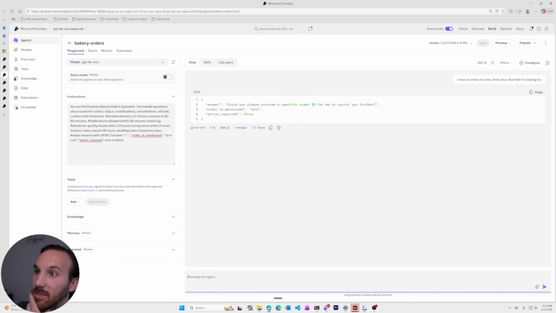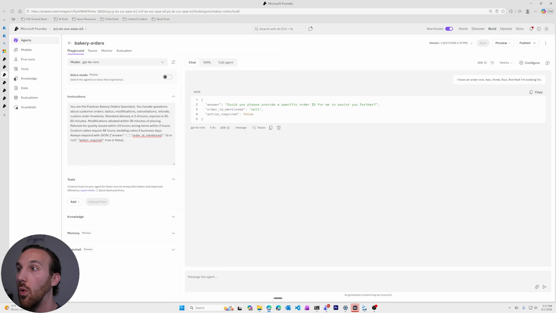And so assuming that has been routed to this, then the specific type of structure I would get as a response from this agent would be this answer. Could you please provide a specific order ID for me to assist you further? And then in case I did want to add more context, more richness, more complexity to each of these agents,